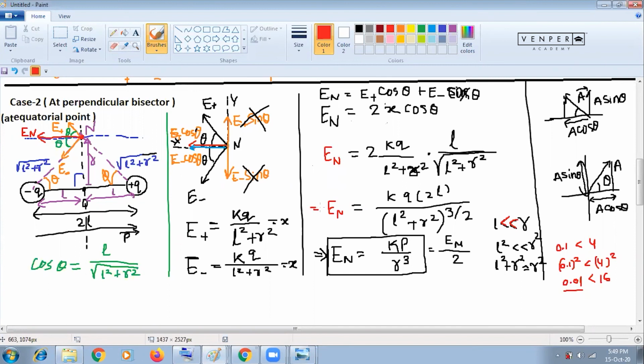And you see in this last step, the red color written here, you see E_n here, (L square plus R square) to the power 1 is there, and (L square plus R square) to the power half is there. So the half plus 1 power will be added. Power is 1 here, power is half here, so 1 plus half is nothing but 3/2. And here when R square is written, R square to the power 3/2, the 2 will get cancelled. It will become R to the power 3. Now you are understanding?